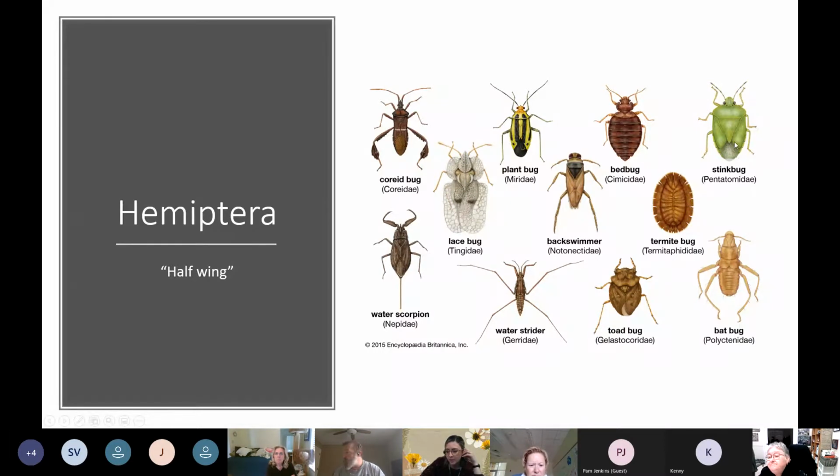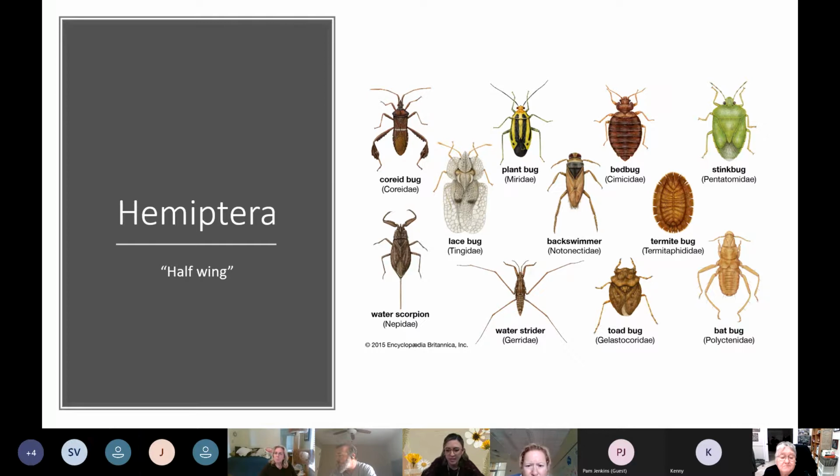So when their wings open up, it's only membranous and fleshy down here, and then it's hard up here. And so when it folds over, it creates this X or V shape, whatever is easier for you to see with your naked eye. Once you start learning about all this stuff, you start noticing, because a lot of people would see this and think, oh, it's probably a beetle, but it's actually a Hemiptera,